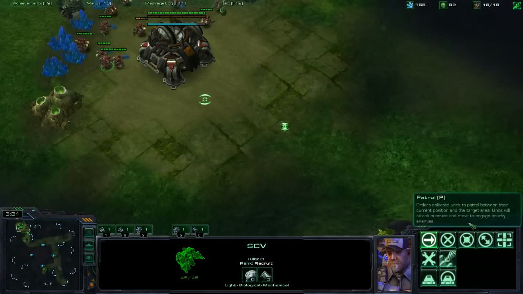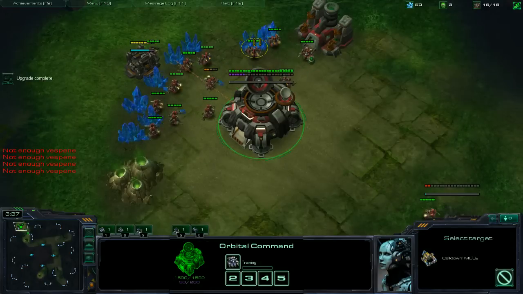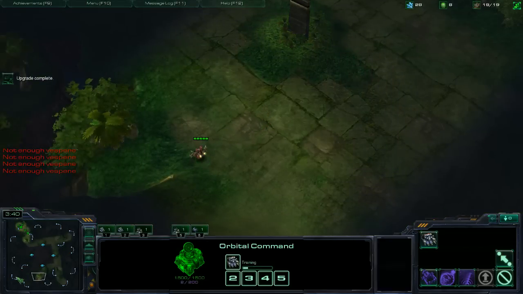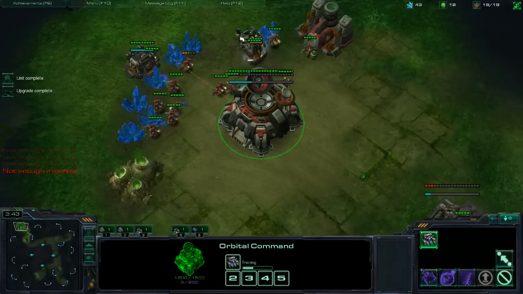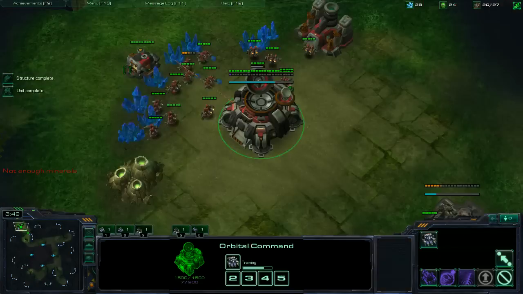So let's build a factory about here or something, that's fine. Insufficient Vespene gas. And then we SCV and cooldown. Complete. This better be good. Not enough. And constant marine production, and the reason why you need constant marine production, just in case he's